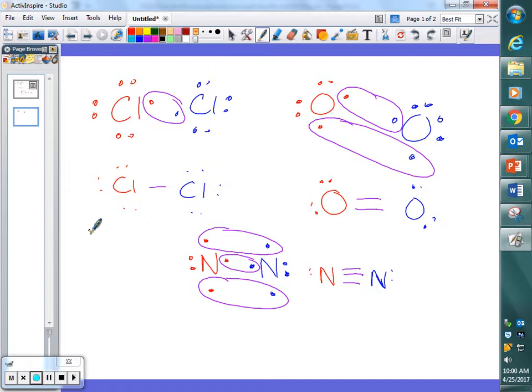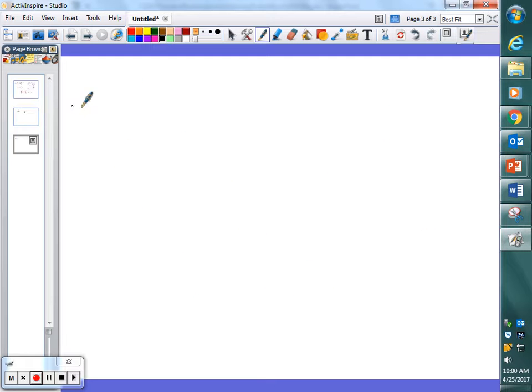Okay. So, when we talk about diatomic molecules, we have 2 atoms of the same element sharing electrons. And we said that's the situation where we need to have covalent bonds because one atom is looking to gain electrons, another atom is looking to gain electrons. That's how we share. But what we find out is that we don't always have to have the same element. I think somebody asked,